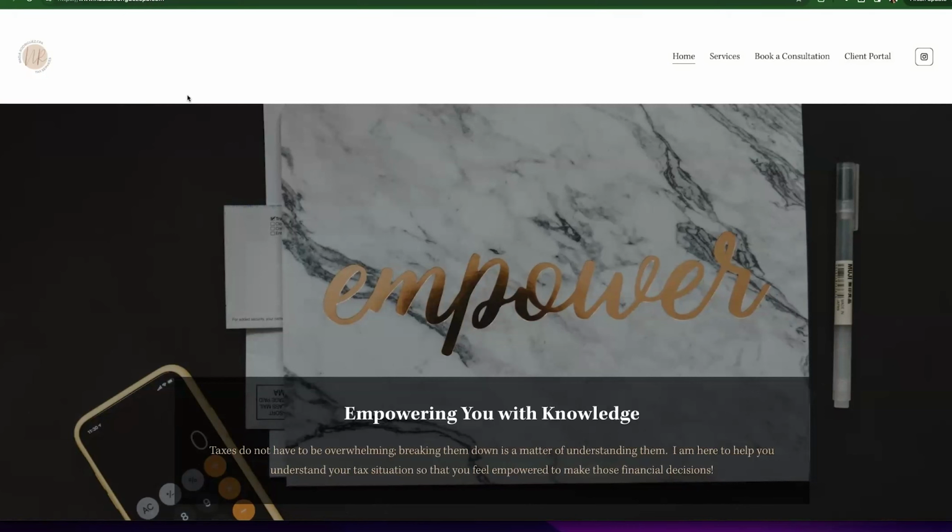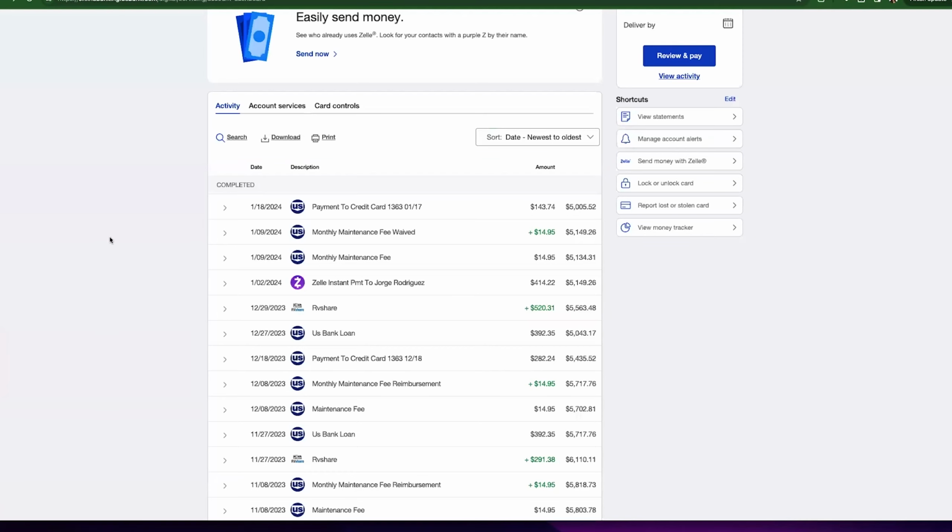So let's say we're in January of 2024 and we're trying to find out what our income and expenses are, and categorize those for the year 2023 so that we can get our books ready to have those ready for tax time. Here's an example where I'm logging into a bank account for a business, and there's usually a